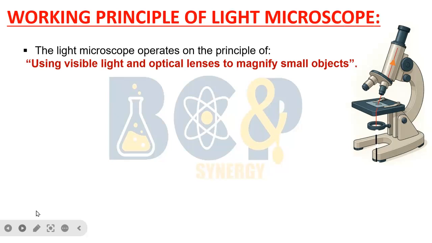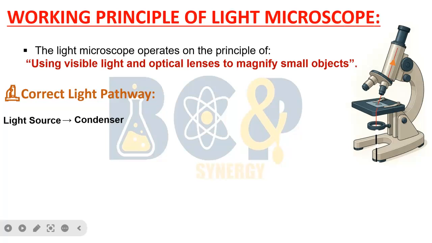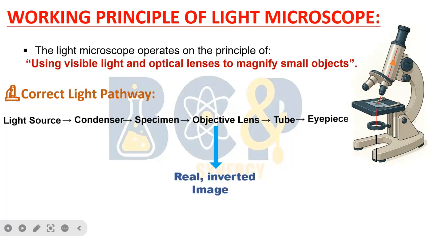Light emits from a light source, passes through condenser, which condenses those light rays and focuses them on the specimen. Following the specimen, light enters the objective lens just placed above the specimen, and from objective lens it approaches the eyepiece through the tube. The images that are formed at objective lens and eyepiece are different. At objective lens, the first image of the specimen is formed, which is a real and inverted image, while at eyepiece the image that is formed is virtual and inverted.